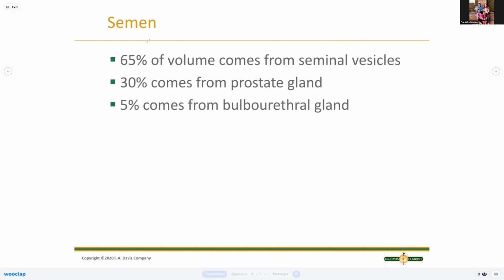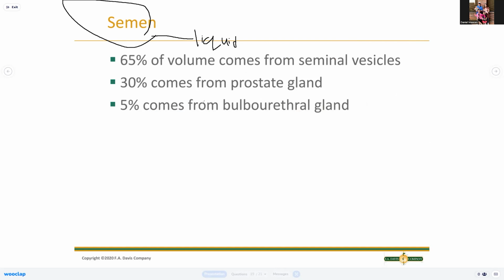So semen, again, is just talking about the whole package, like the liquid with the several 100,000 sperm cells in it. That's semen, and it consists of seminal vesicles, which, if you remember, are like the fructose, the energy source for the sperm. 30% is prostate gland, which is kind of like our liquid vehicle, a mucousy, slimy liquid that the sperm get sent through. And then 5% is the bulbourethral gland, which is that small amount basically secreted in the pre-ejaculatory phase,